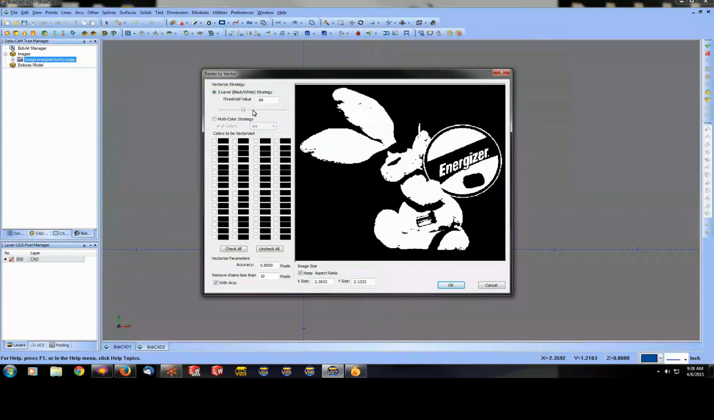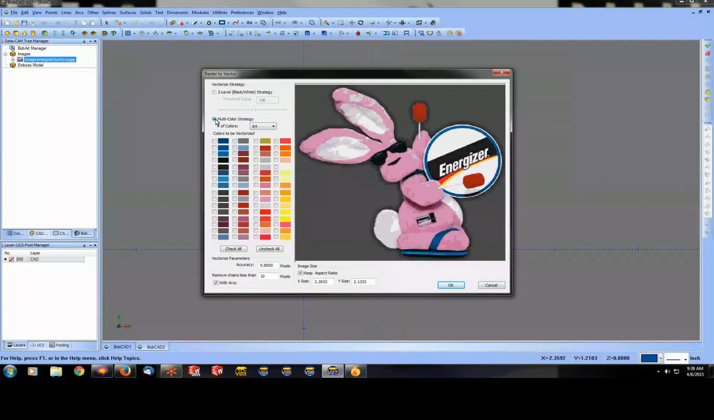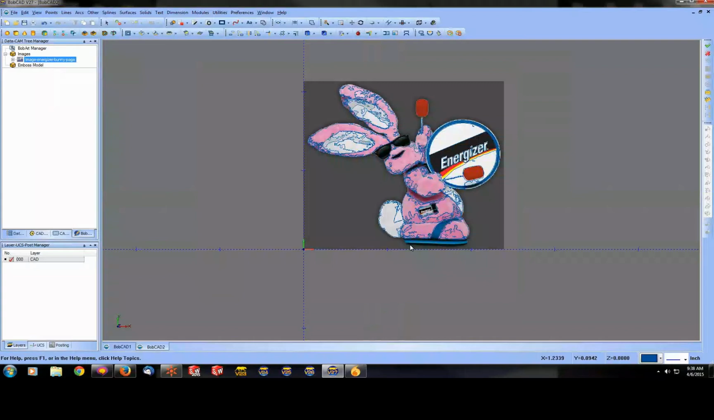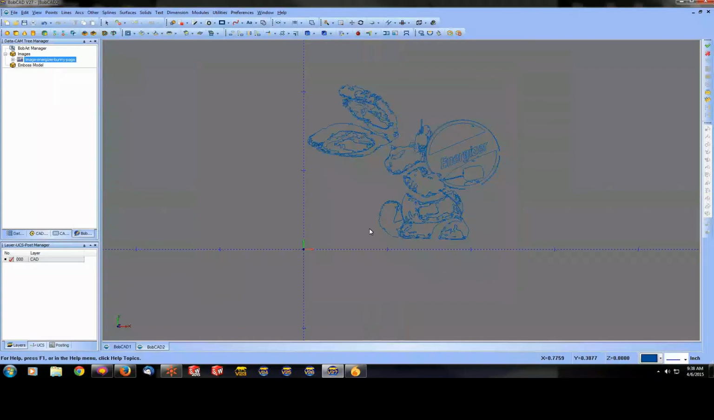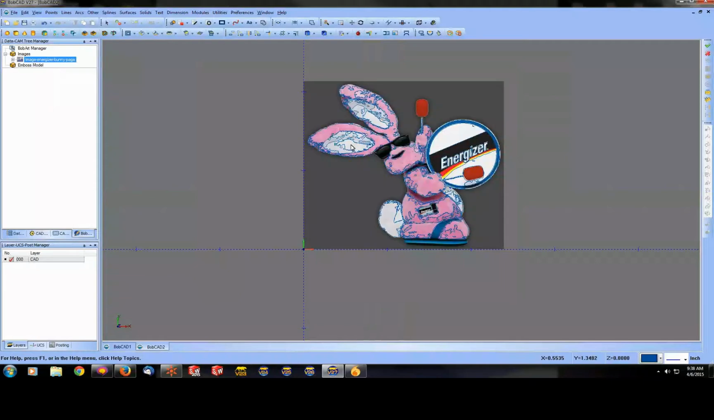Now that may work in some cases, or you can do the multicolored strategy, where you pick the colors that you actually want to vectorize from. So if we went through and picked all the pinks and the colors just to get around the bunny there, pick a few of those colors, and then click OK, you get a lot of geometry we don't need, in a sense, because you pick everything. So if you want to go ahead and undo that,